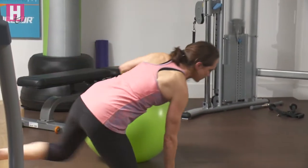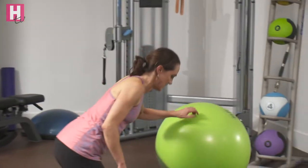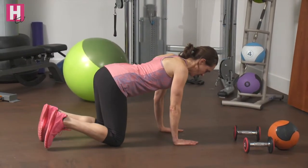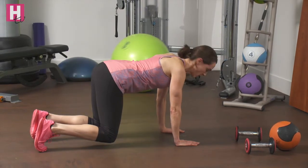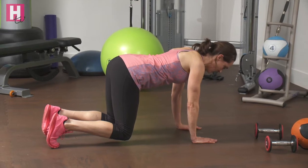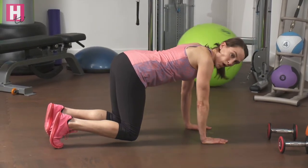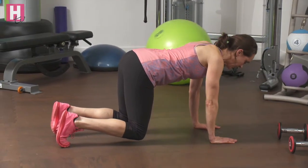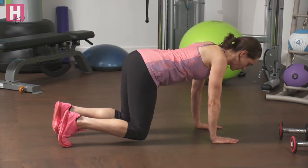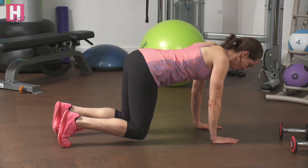So if you find that too difficult, come onto your hands and knees into this position here, draw the shoulders down and just lift up and hold. Draw your shoulders down, pull your stomach muscles in, keep holding your tummy, keep breathing it through. You're going to work your core muscles, you're going to work your stomach, you're going to work your upper body, and you're going to work your back muscles a little bit, specifically through the upper back, and then you relax